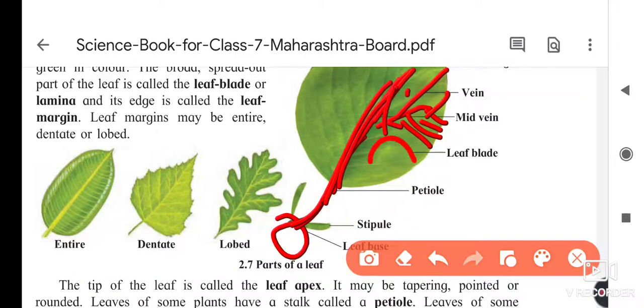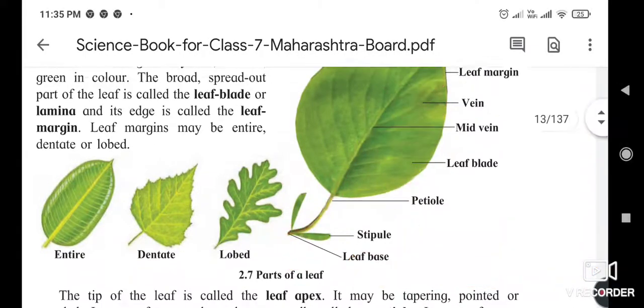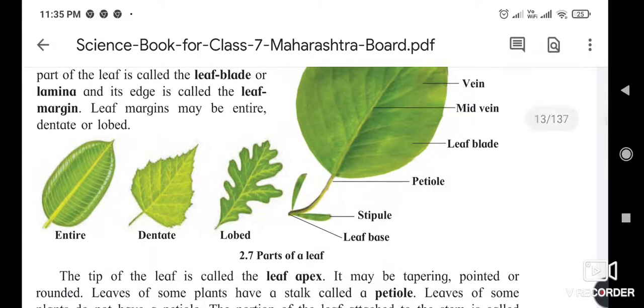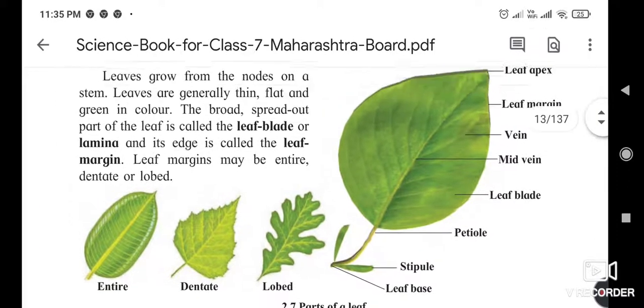This green area is called the leaf blade. Okay, these are the different parts of the leaf.